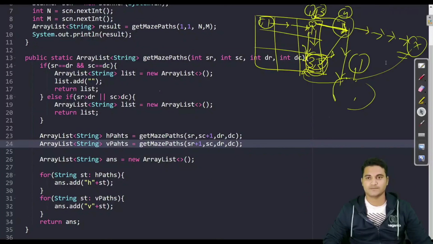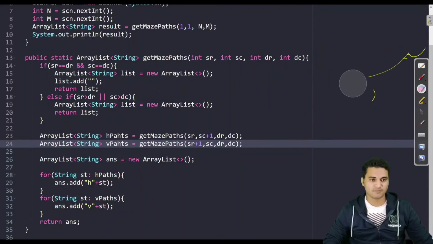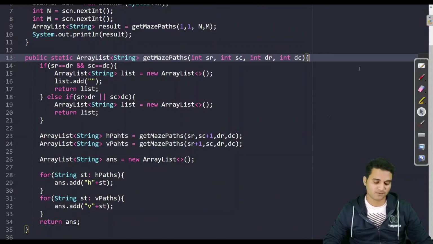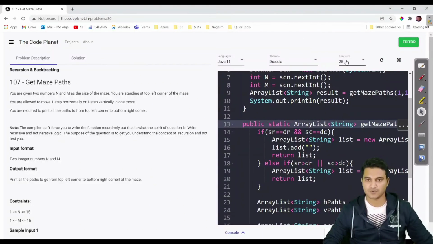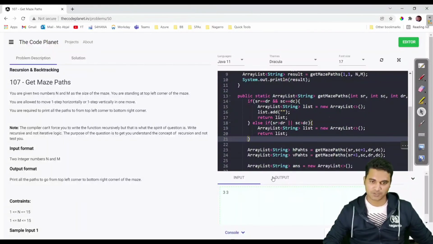Code is done, and it is not much complex also, because I have explained everything in my previous video of getting the stair paths. If you are directly coming here, then you might have some confusion. And if you are coming here after watching the solution of stair path, then you are going to understand this problem. Fine. So input is 3, 3.